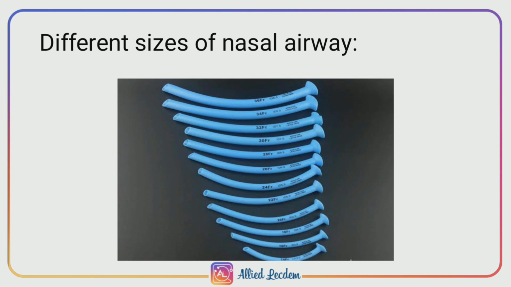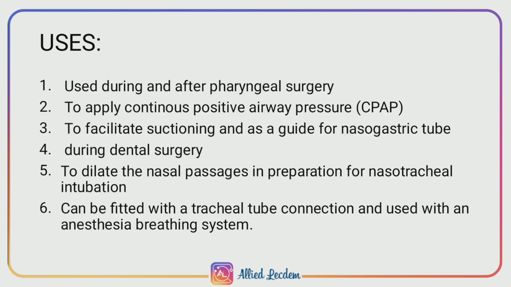There are different sizes of these nasal airways, and you can see at your right side the flange. So it will prevent the tube from completely entering the patient's nose. The uses are: it is used during and after pharyngeal surgery to apply continuous positive airway pressure, to facilitate suctioning, to dilate the nasal passages in preparation for nasotracheal intubation, and it can be fitted with a tracheal tube connection and used with